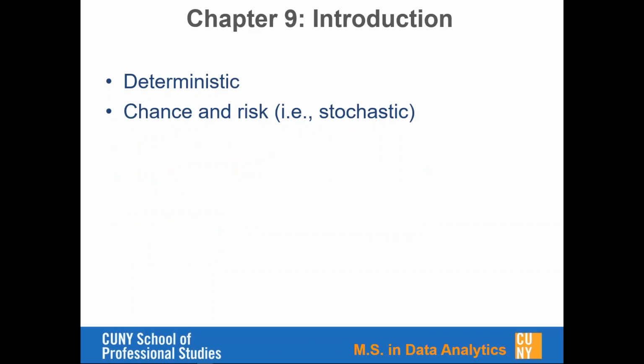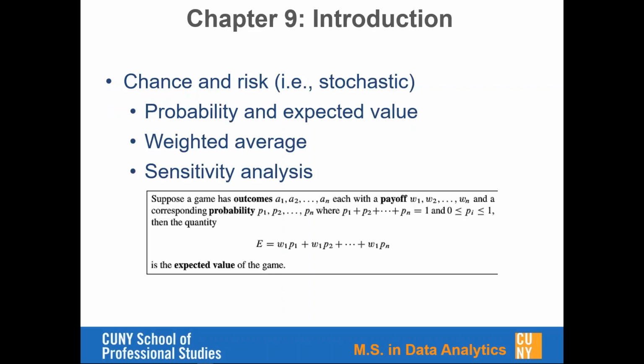Then we know that a model could be deterministic or stochastic, and stochastic involves chance and risk. In a stochastic scenario, we need to use probability, and usually we use expected value to represent